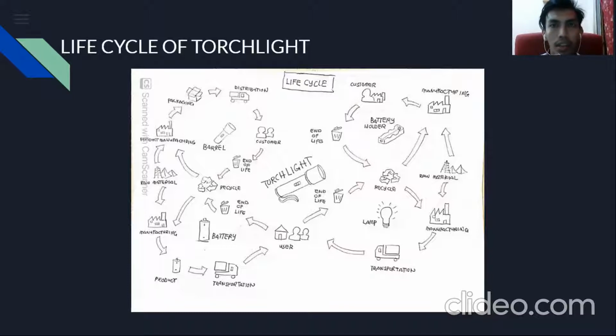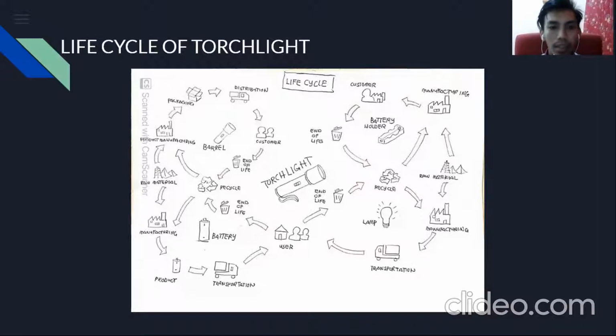For example, hardware or electrical shop, and then the product reaches end of life, and then we send it to recycle to get the original material, and then send it back to the product manufacturing to produce the new product. And then for the battery,